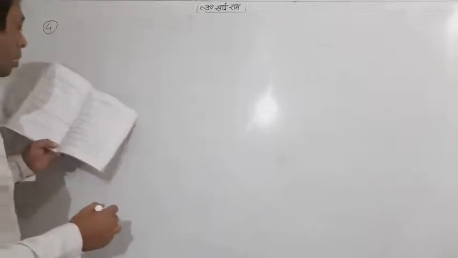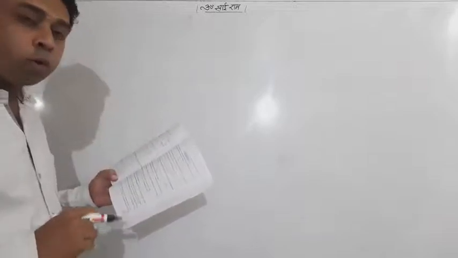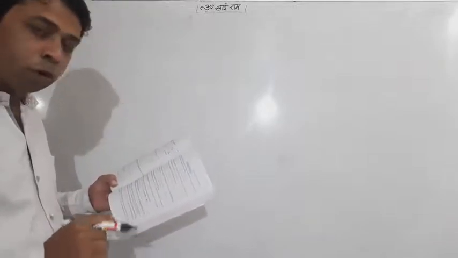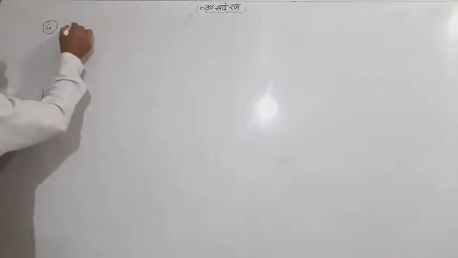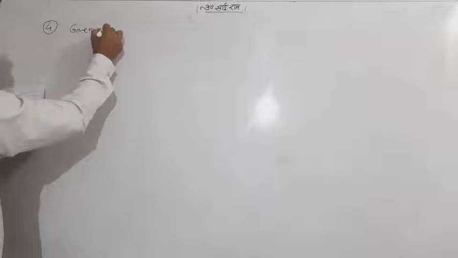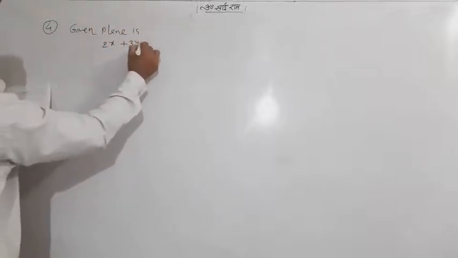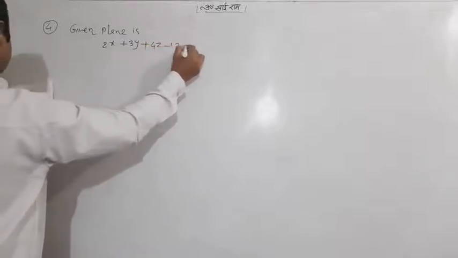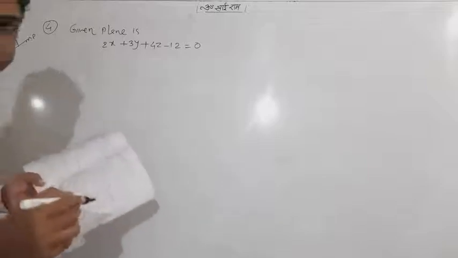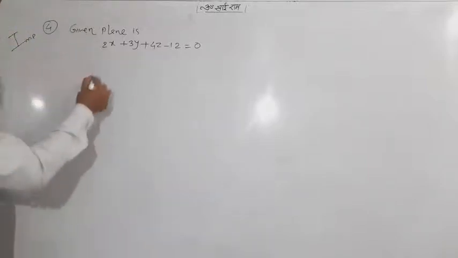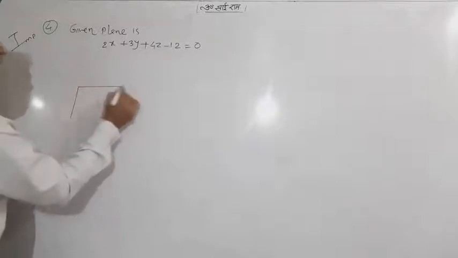The fourth question says, in the following cases, four planes are given. Find the coordinates of the foot of the perpendicular drawn from the origin point. What are we asked in the question? Look, I tell you one thing, that the given plane is only 2x plus 3y. First I am taking only one. This is a very important question. Let me explain. What do we ask here? We ask that this is a plane. Try to understand it. This is a plane.